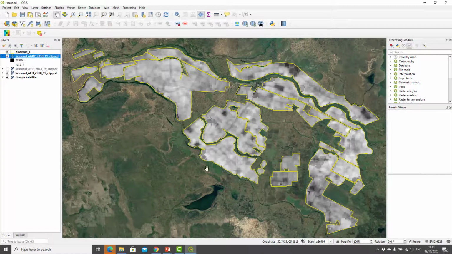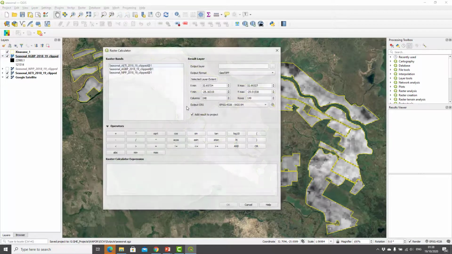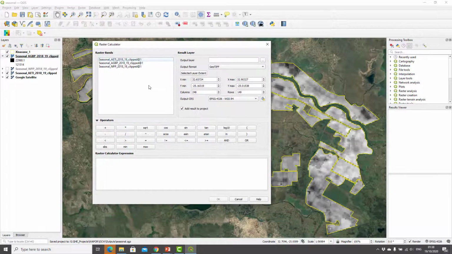So I'll go back to QGIS, save the project. I will open raster calculator again. Instead of yield, I will use above ground biomass production because both are the same in this case, as harvest index is 1. So I will select AGBP divided by,